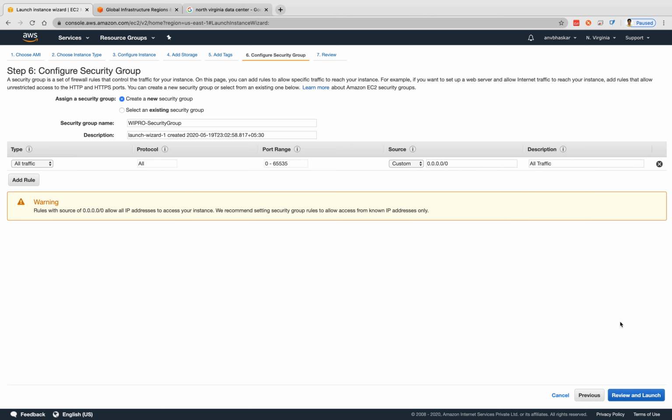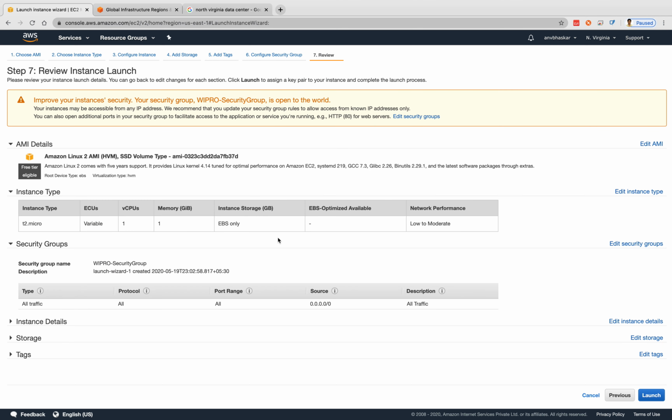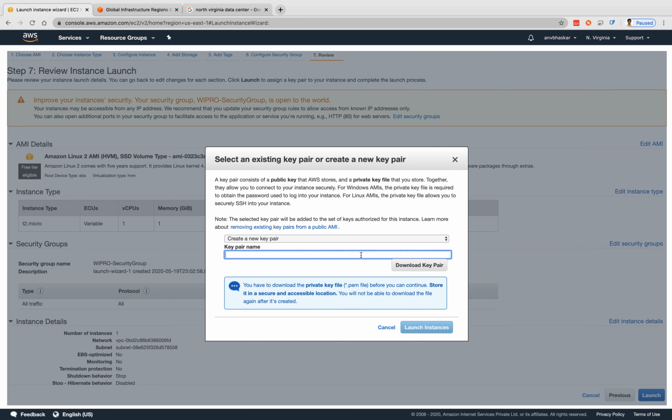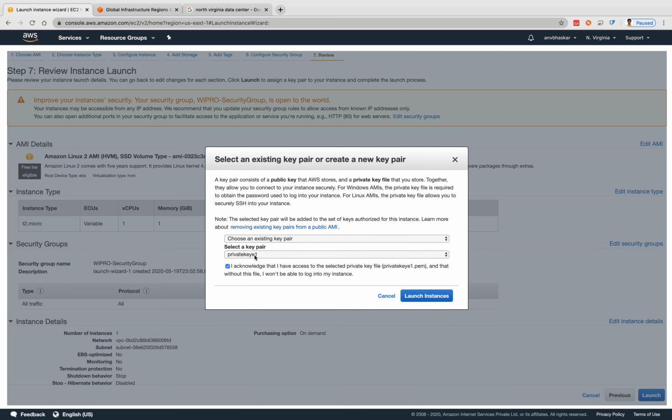Okay, just give me some description, review and launch. So all these things you have given as of now, the information will be displayed. Create and launch instance, and if you want to use an existing key pair, you can use it. If you want to create a new pair, click new pair, give the name and download. I already have a pair, I'm just using the same private key. Even this is explained in my previous section. If you don't understand, please go through that video. Okay, as of now I'm using the existing key pair.